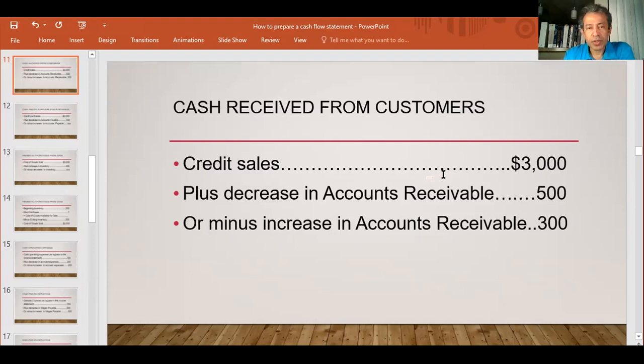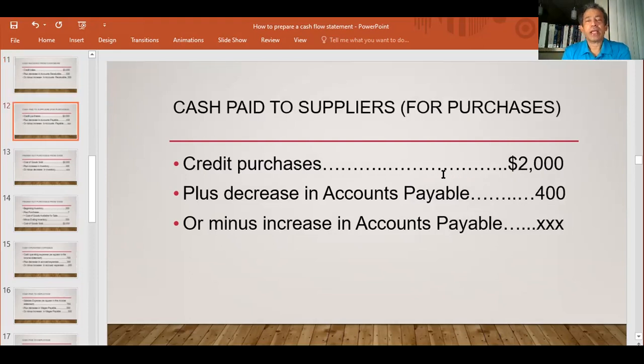All right. So decrease in accounts receivable is a good thing from a cash conservation point of view. From the cash guy, the financial controller would love it when you decrease your accounts receivable without hurting sales, of course. All right. Next is cash paid to